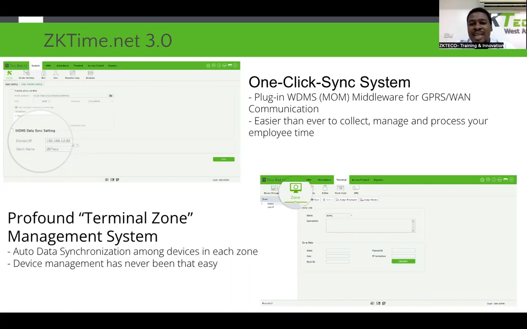Any device that has Ethernet enabled, that uses internet protocol, can easily handshake with ZKTimeNet, because what ZKTimeNet requires is just the IP of the device, and the IP must be on the same network with the application software that you are installing for you to be able to manage